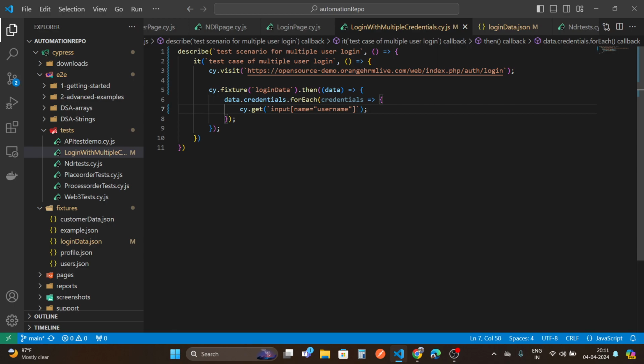and don't worry about this type of code. It is known as template literal. Okay, so don't worry about it. This is a JavaScript based concept where you can write the strings in a better way without using escape sequences. So basically I am finding the username and I will just clear the username field and then type